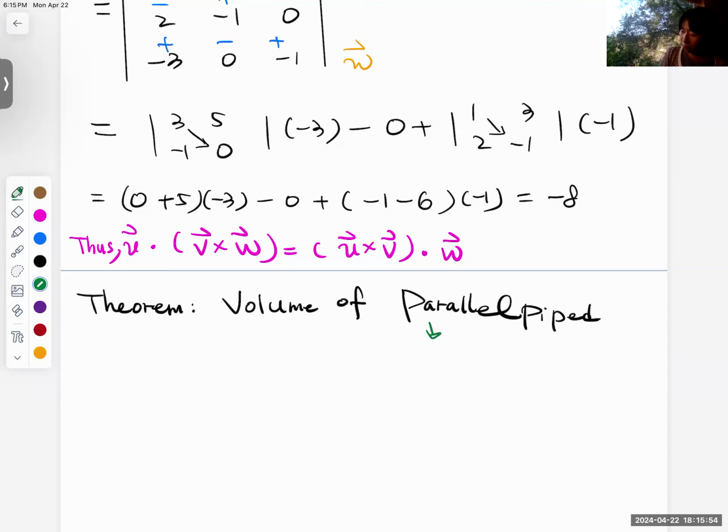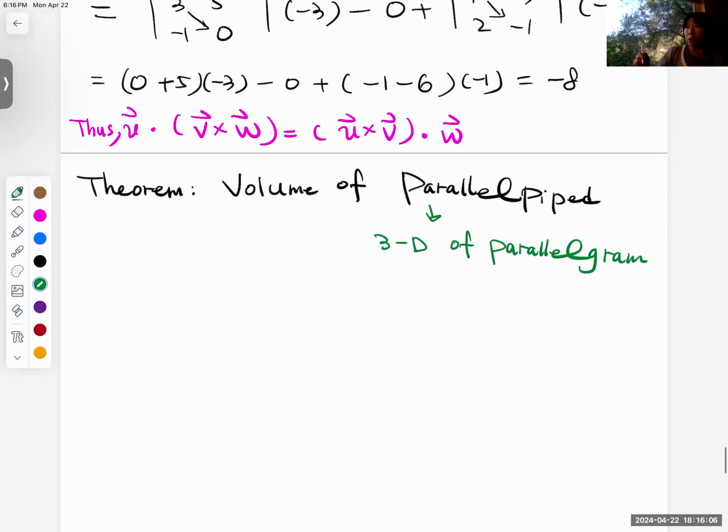So it's a 3-dimensional parallelogram. So we call it a parallelepiped, all right? Okay. So we have the volume of a parallelepiped